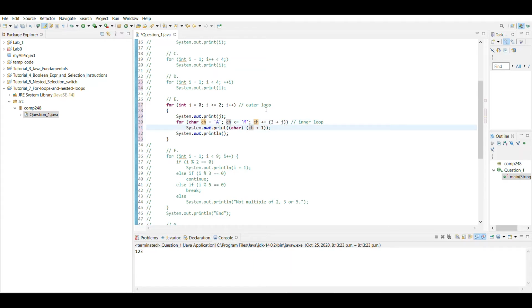So the CH here is going to be I. We print I plus, yes, I is less than M. So we're going to print I plus 1, which is J. So we print J,